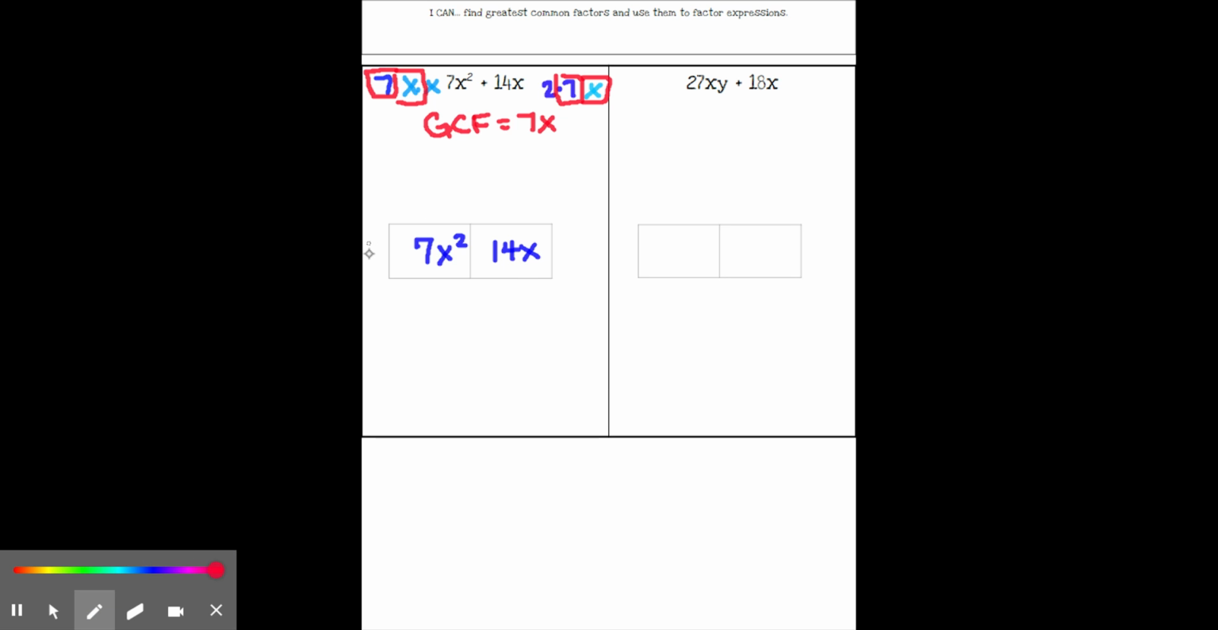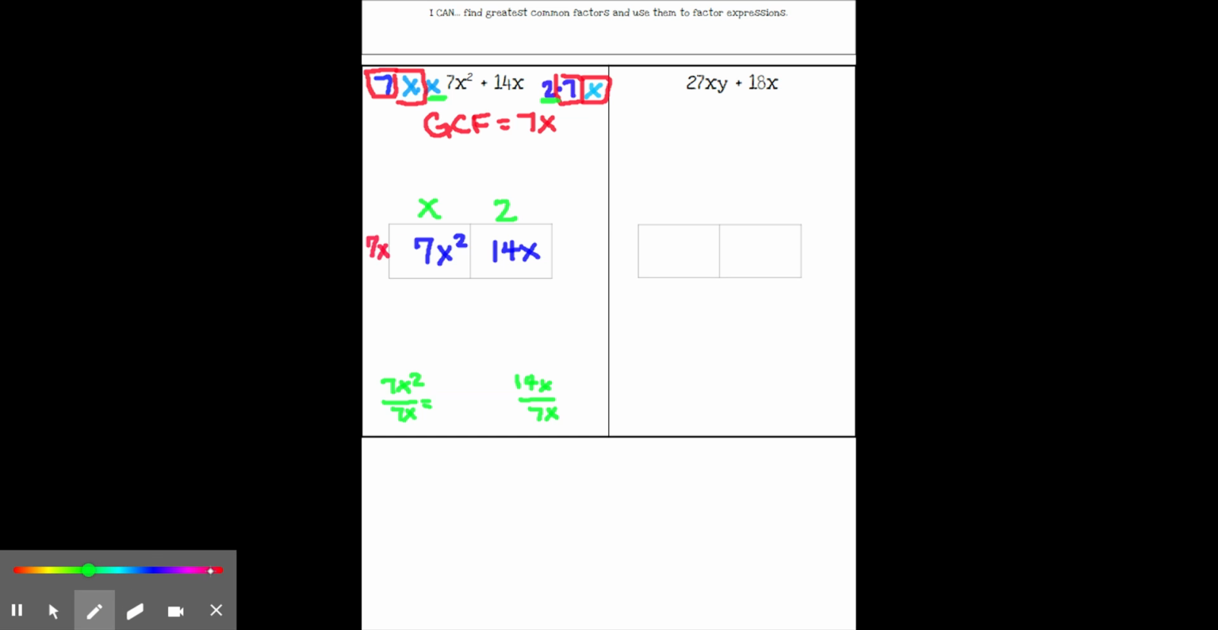In the front, on the left side of the box, we're going to put our greatest common factor, which is 7x. And then we're going to fill at the top of our box with the leftovers. So remember, you can always divide. You can do 7x squared divided by 7x and 14x divided by 7x if you'd like. I like, since I already have my prime factors listed, I'm just going to do this. So from 7x squared, there's an x left over, and in 14x, there's a 2 left over,